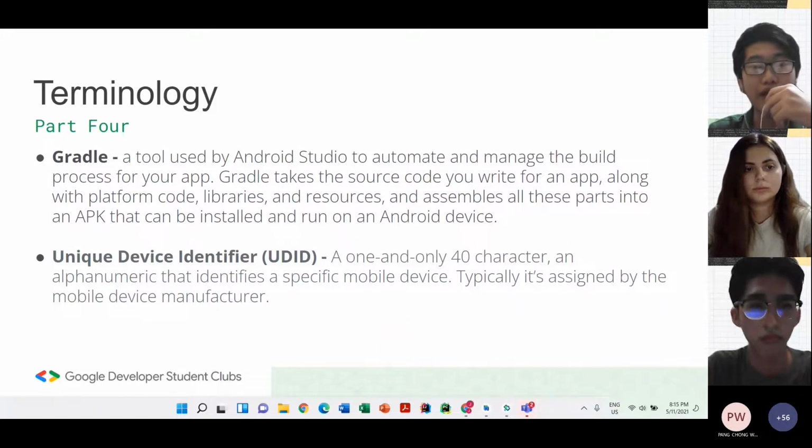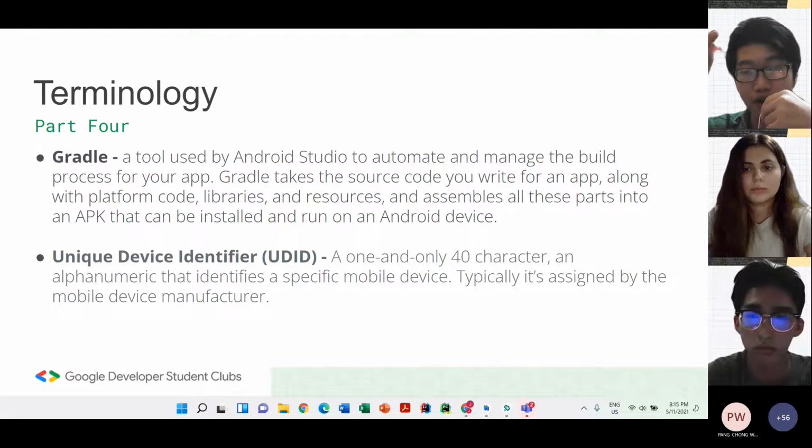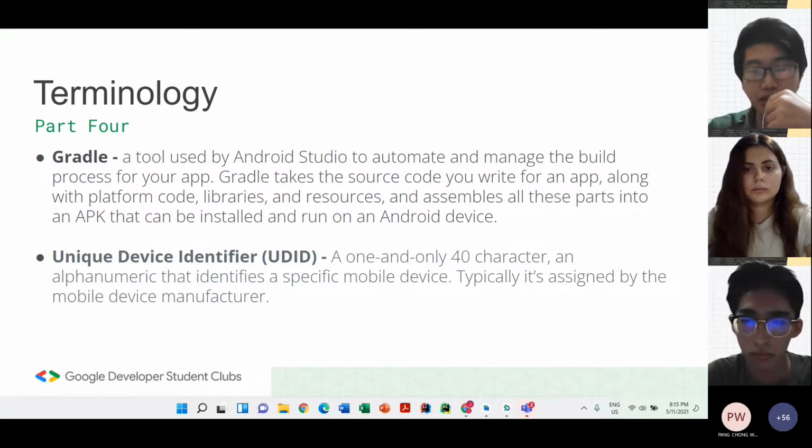Gradle is a tool used by Android Studio to build your app automatically. When you run your emulator from Android Studio, the app doesn't just fall out from the sky. There must be a tool to create the app, and then it can run inside your emulator or your Android phone. So Gradle will be the tool we use to create the app.